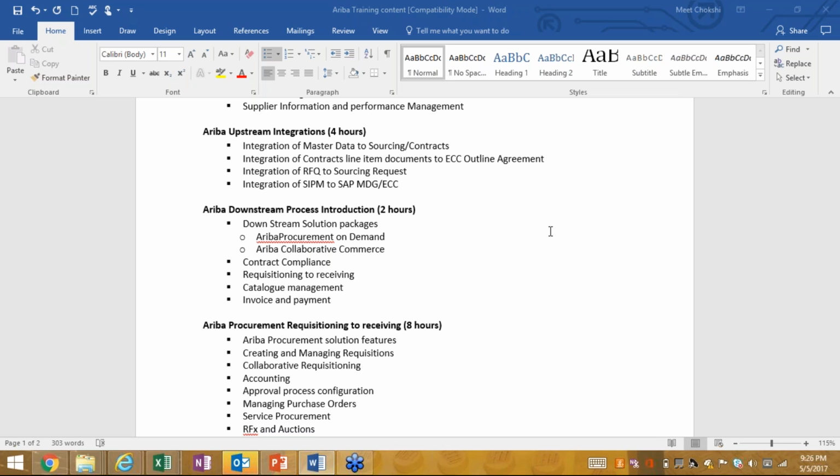I don't say this lightly, I was in MM for 10 years, so I know what MM offers. We cannot replace MM, right? But the advancement is so much in the other space that MM will become kind of a back end, right? Whenever you want to do advanced sourcing, right?